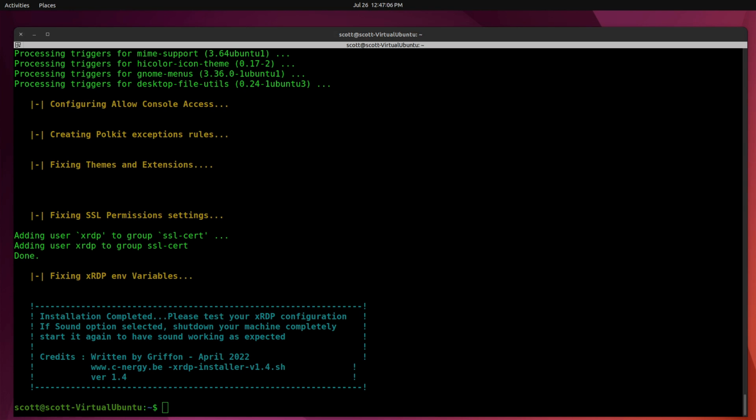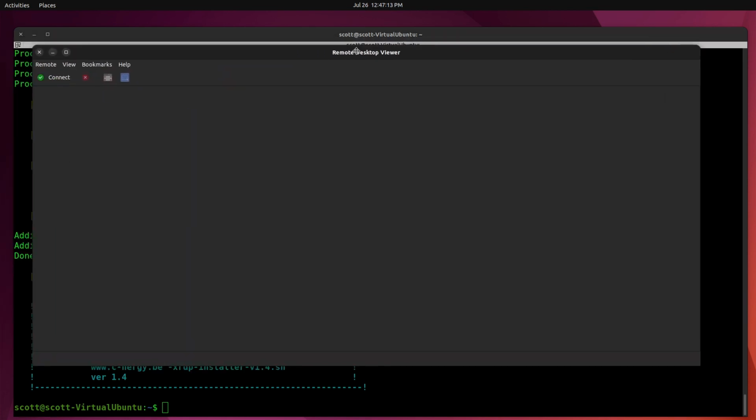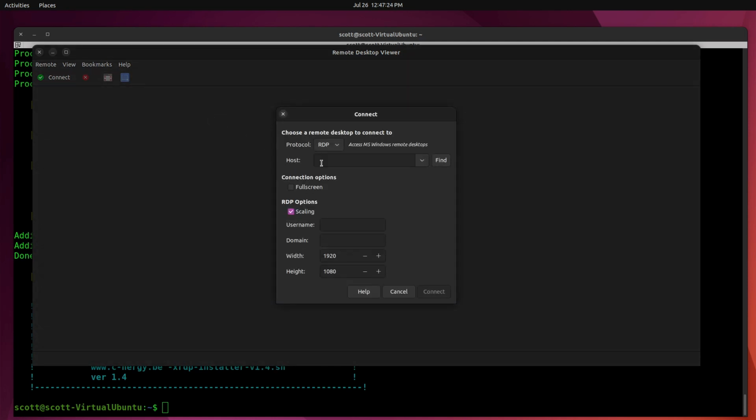So now we want to try our RDP connection on our migrated server now that we have the RDP server installed. In order to do that, I brought up Linux Remote Desktop Viewer, which is a GNOME tool. I click on Connect, and under my host, I type in 172.16.1.95. I've also got scaling turned on, and I have my width at 1920 by 1080 because that's the resolution I want with this program. I click Connect,